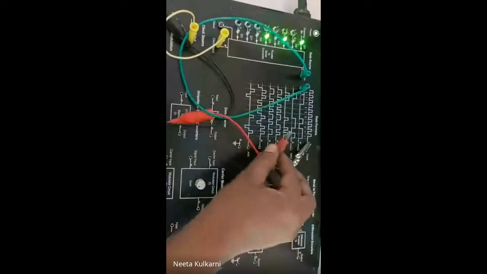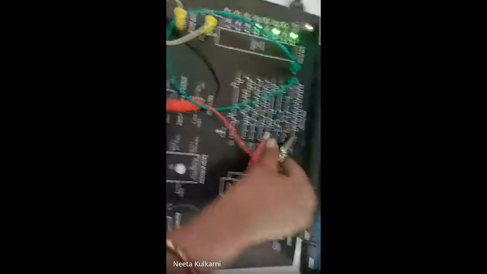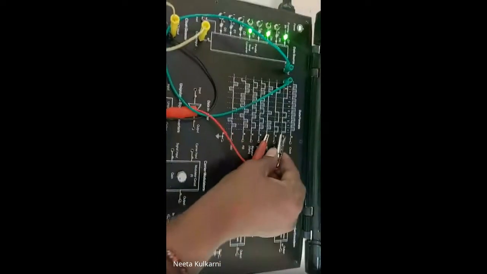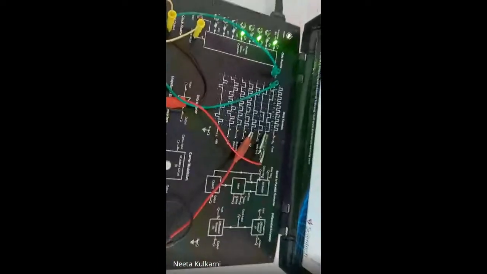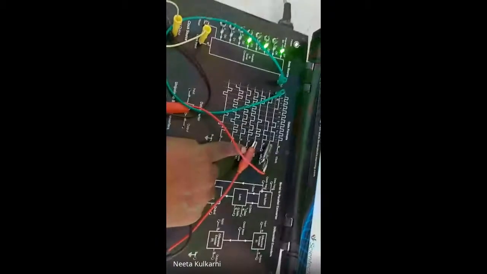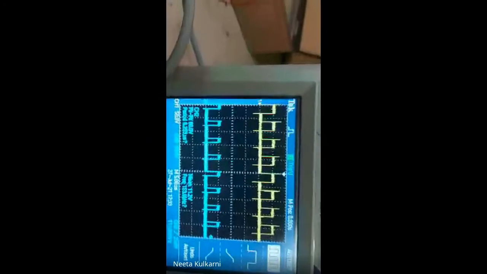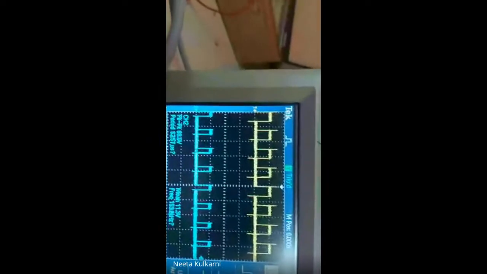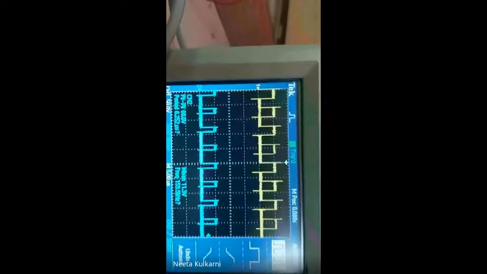Now if you connect to the next, RZ, or rather, what I will do is, one probe I will connect to the NRZ format and one probe I will connect to this RZ format. Now simultaneously you can see the waveforms. In Non Return to Zero, what happens is, after half the waveform, it is returning to 0.